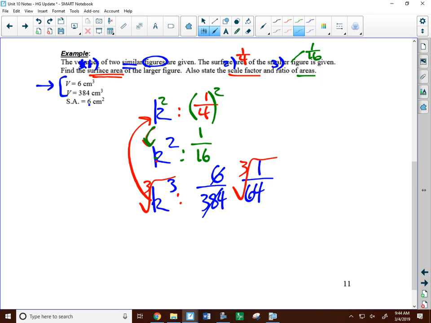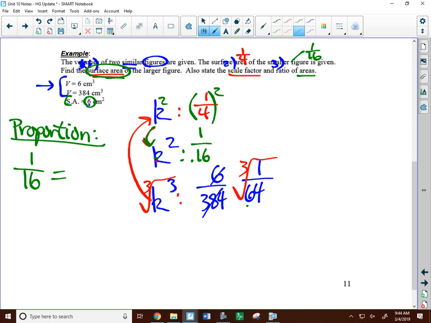Okay, the ratio of the volumes is 1 over 64. We already have that. So now let's answer the question, find the surface area of the larger figure. Okay, so I go back to this one. Now, I'm going to do a proportion to finish solving this one. One ratio I know between the areas is this one, 1 over 16. That was a ratio of the areas. I'll set that equal to